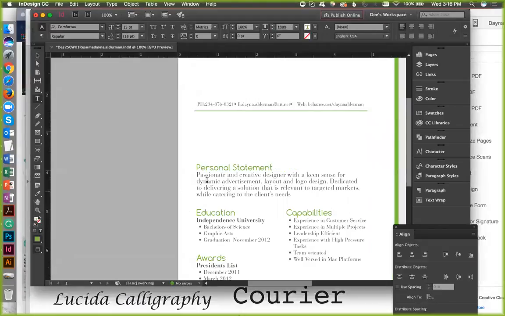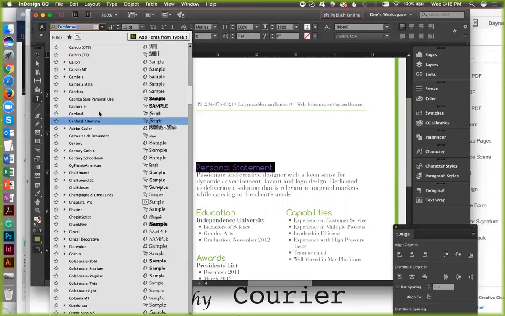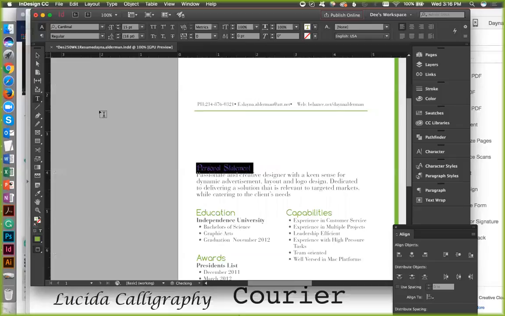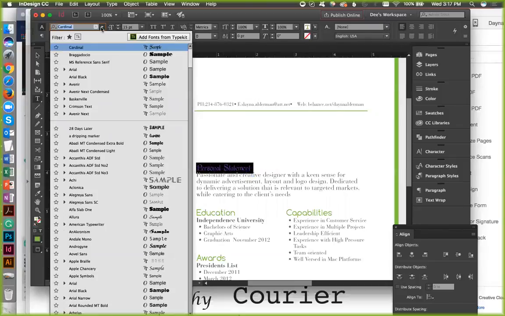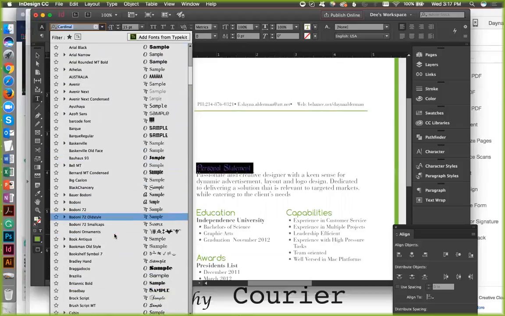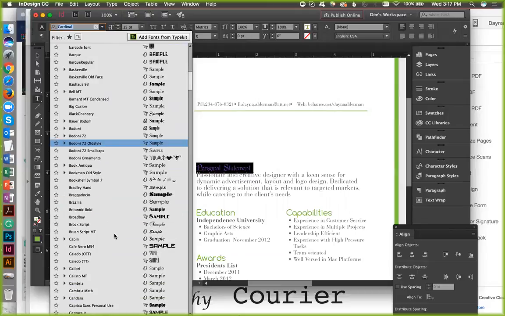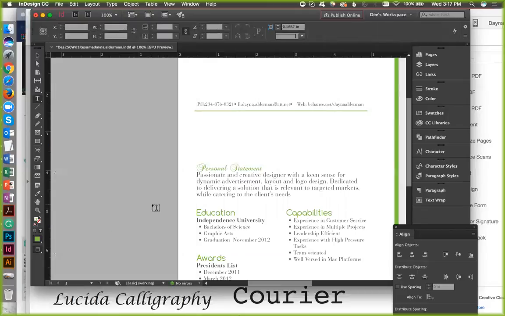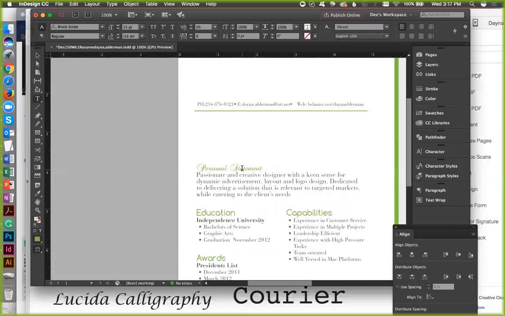But if you wanted to use something in your subheadings, I don't know, Cardinal. Cardinal is probably really hard to read. But I don't know why I got that. I think I got that with a, I don't even know. Trying to think here. Okay, so Brack script. So something like that. You could use it in headings, but look at how much the quality is lost. And if that's the case, with these, you'll have to make them a little bit bigger. Okay?